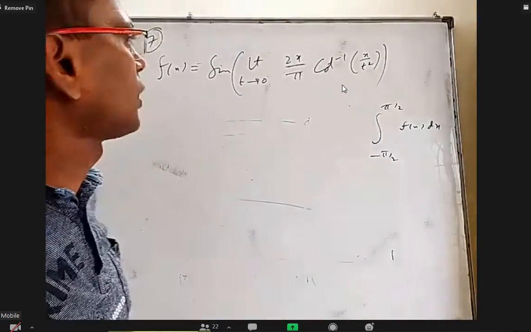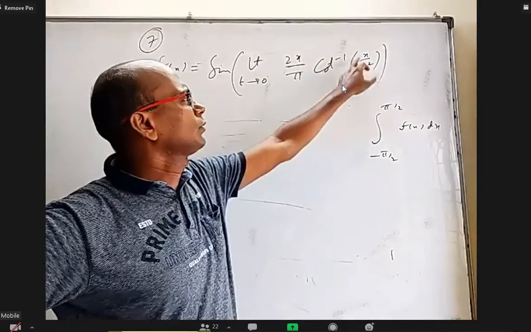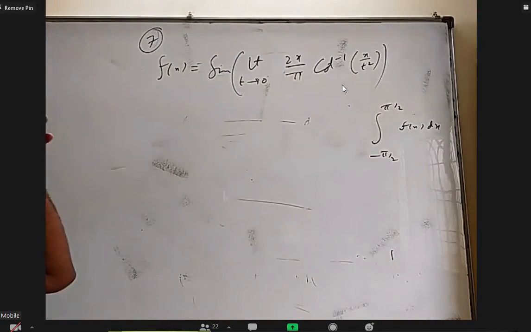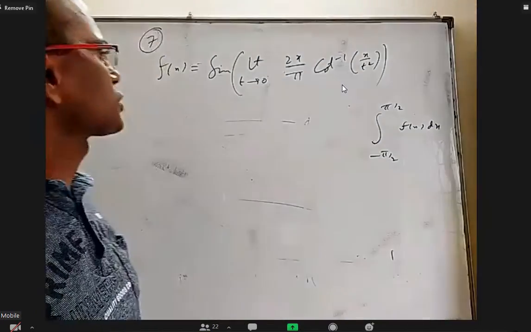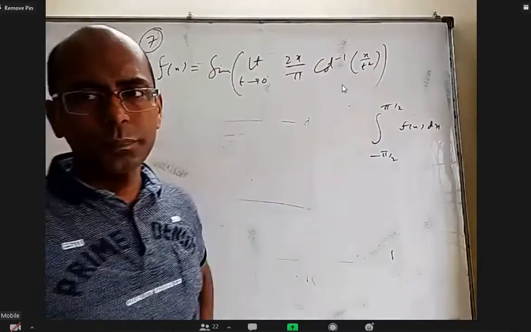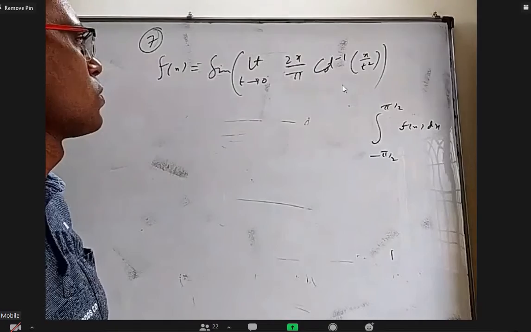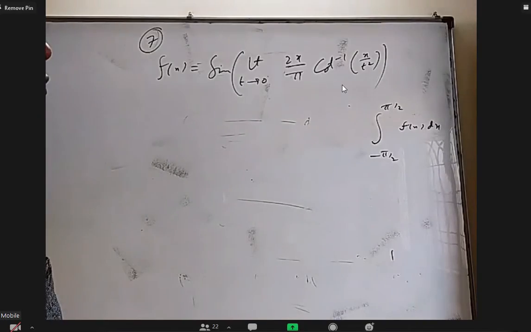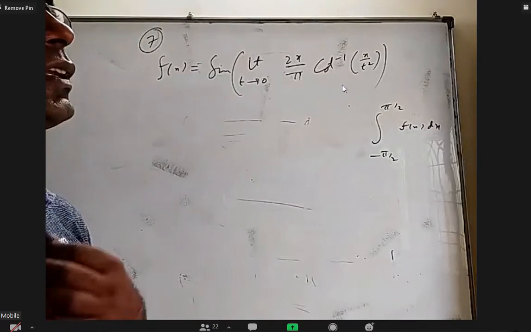Okay, I don't think it is an odd function because if you replace x with minus x, minus will come here, but you cannot take minus out because cot inverse minus x is pi minus cot inverse x. And then that goes inside. So let us see what this limit is going to be first of all. When t is tending to 0, this is becoming infinity, and cot inverse infinity is 0. That too when your x is positive. If x is negative, it will be minus infinity, and cot inverse minus infinity is also 0.